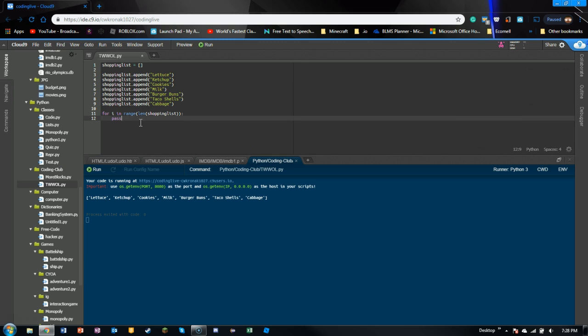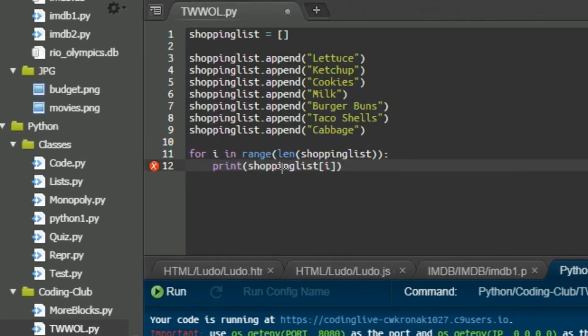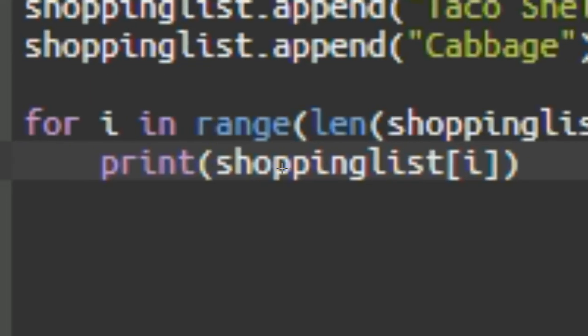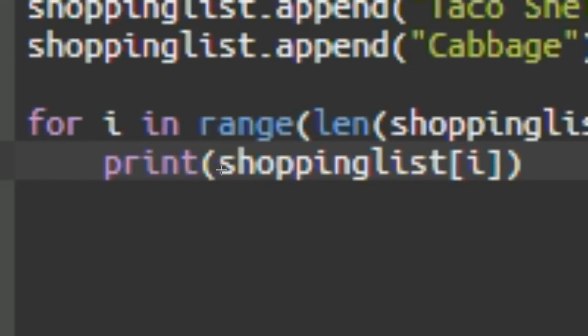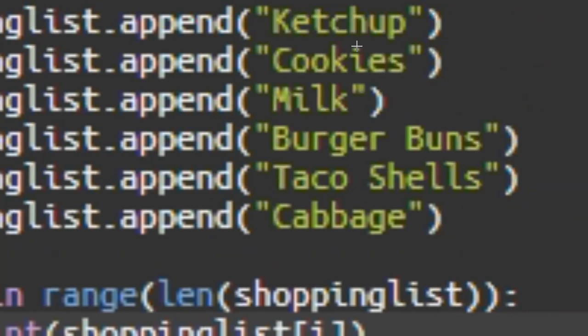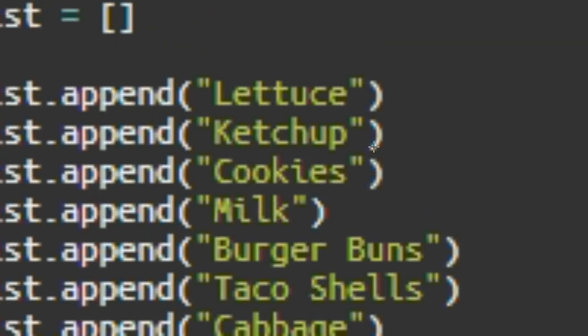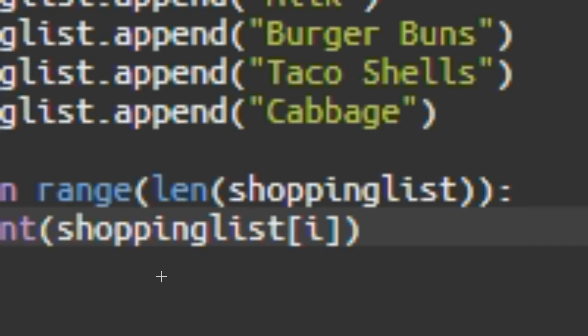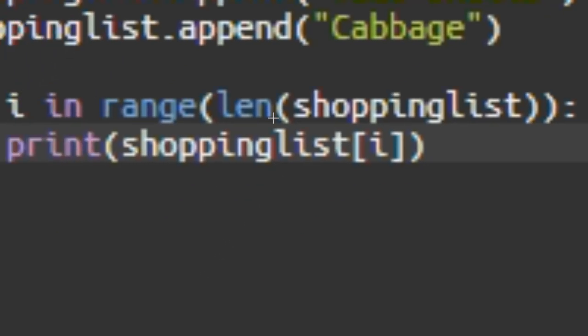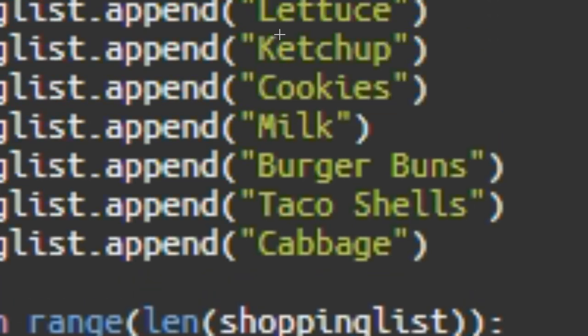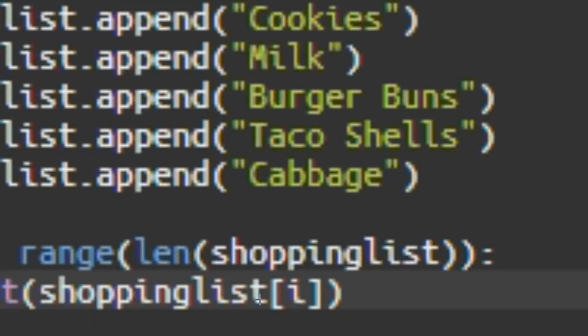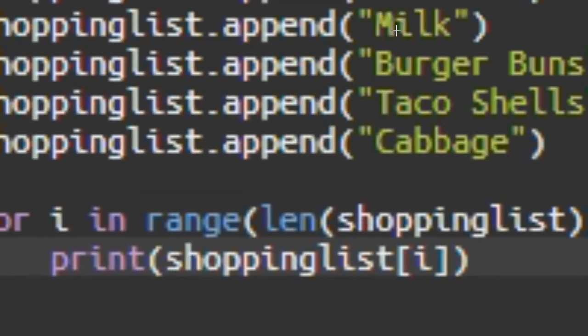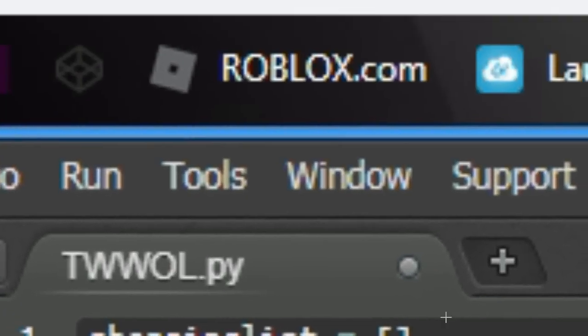Now what I'm going to do is print shopping list i. If you're wondering what this does, i is a number that starts at 0. And also, there's not 7, but there's 6: 0, 1, 2, 3. Lists work in the same way. So i starts at 0, so it prints the 0th thing, which would be lettuce. Then, as it keeps going, i turns into 1, which would then turn into ketchup, which would then turn into,